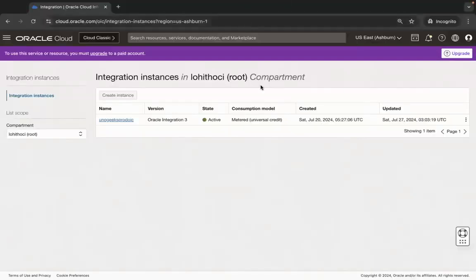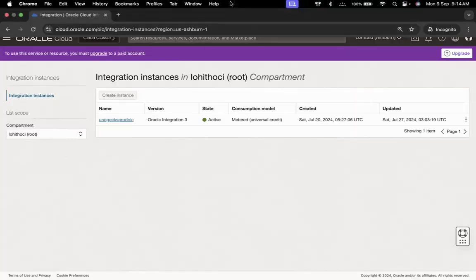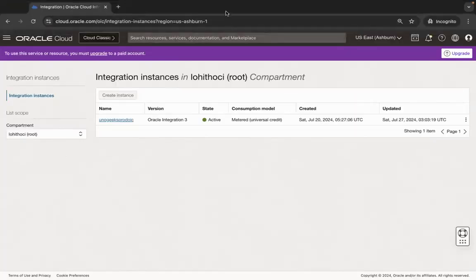How many Oracle Cloud accounts does a client have? Only one. And whatever OIC instances are created by the client will be visible here. Okay, so we are able to see one OIC instance here. Now, what does the OCI administrator do? When we are about to begin a development work, we go to the OCI administrator and we tell them, boss, we